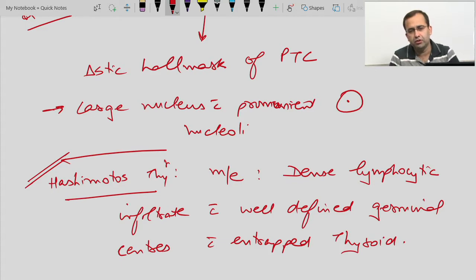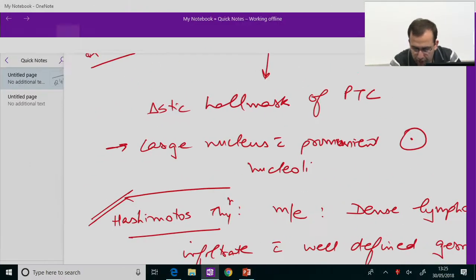This is Hashimoto's thyroiditis. So before we go further,